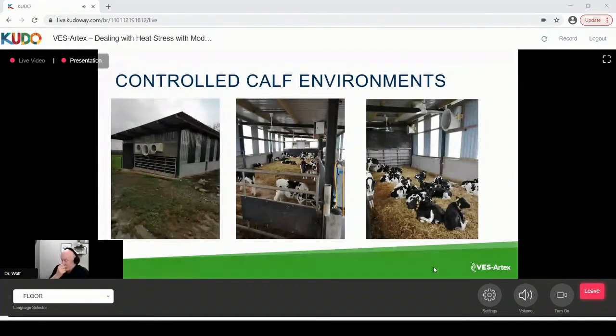So we'll start out here, just quick, with calves. Here's a simple design that somebody did. It's got polycarbonate on the side for sunlight to come in. This is closed. There's a rubber belting or something here to block this. And this barn is run as a tunnel barn. There's exhaust fans here for these calves. Here's another one that was done. This one has ceiling fans in here. So this barn is